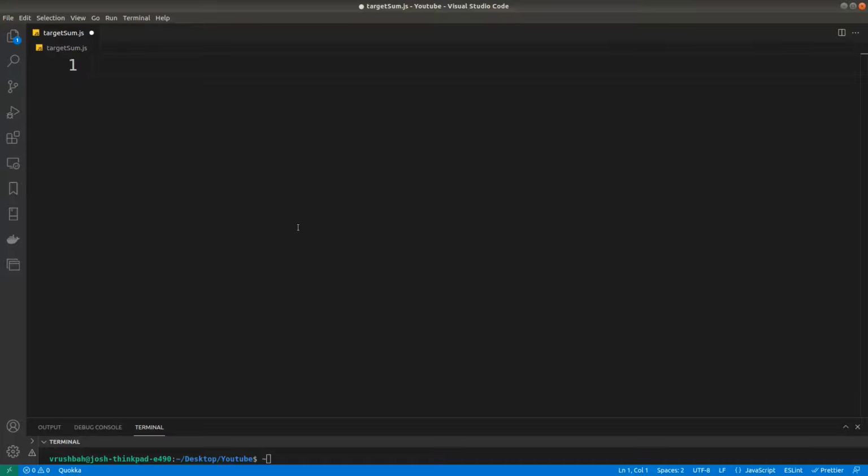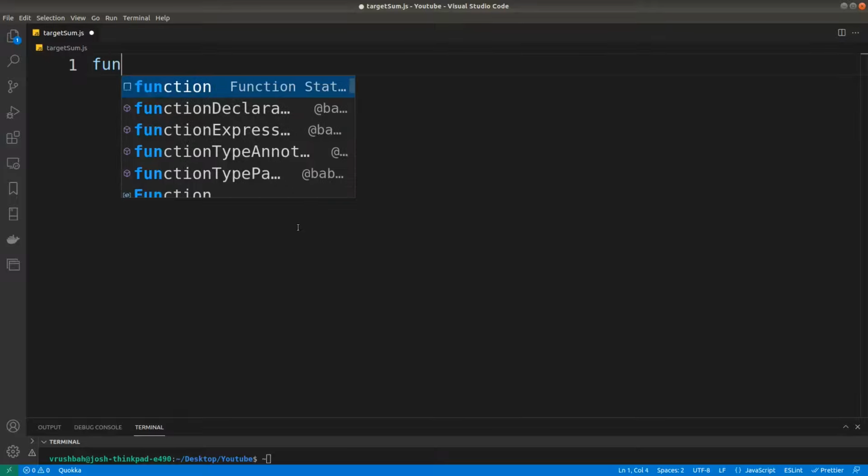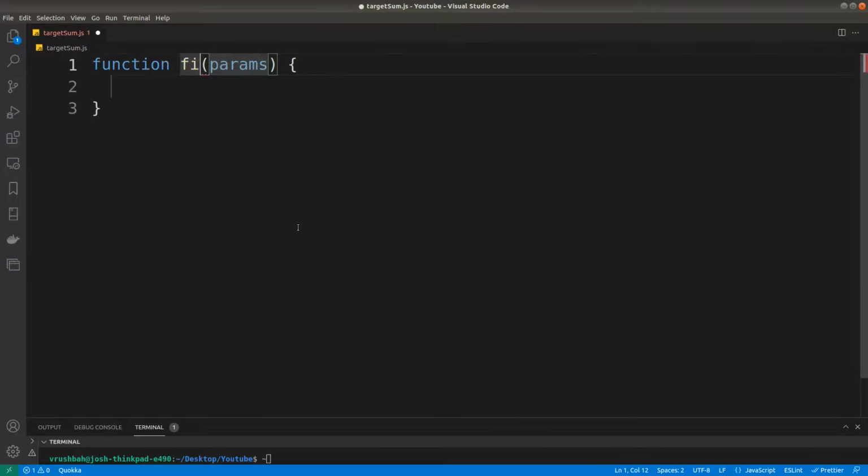So let's write a function, findTheSum. This function will receive two parameters. First one will be array and second one will be the target num.